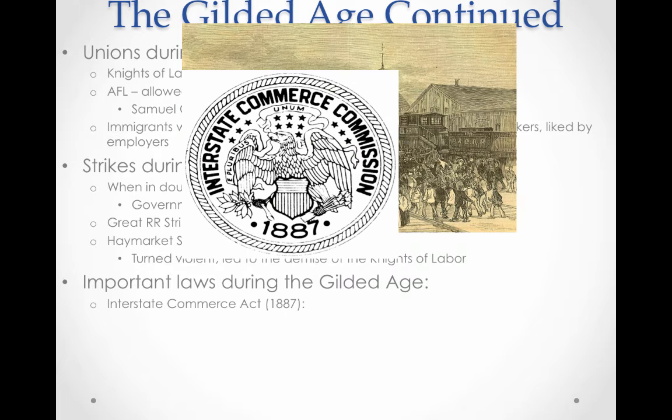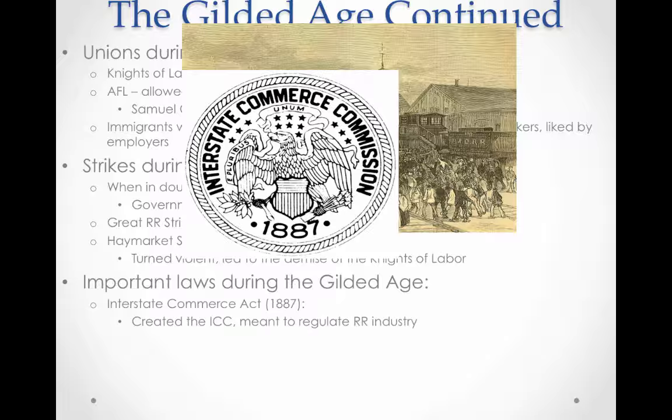All right, so a major piece of legislation passed by Congress during the Gilded Age you need to know for your exam is the Interstate Commerce Act. Mr. Norris, what does interstate mean again? 2 or more states. All right, so it's going across states. Intrastate would be just within a state, but inter, this gives the power of Congress to regulate the economy.